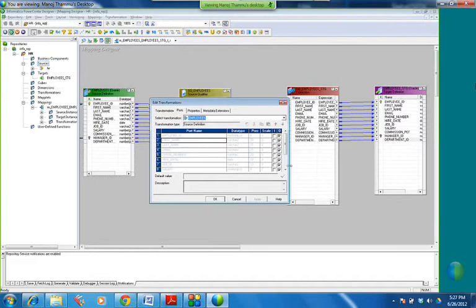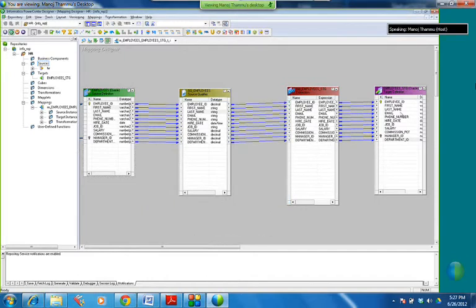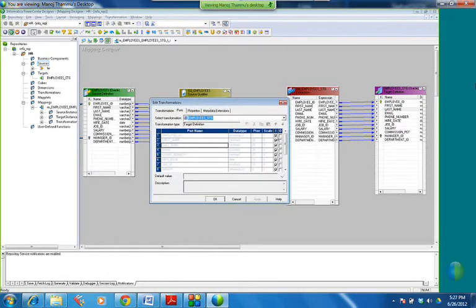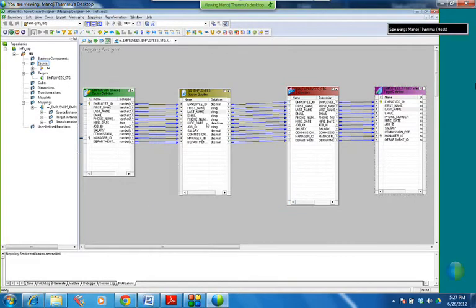No input, right? Nothing is coming into it. Did you see that? Input is not checked. In the target, only input is checked, no output. So that way we'll have different properties.